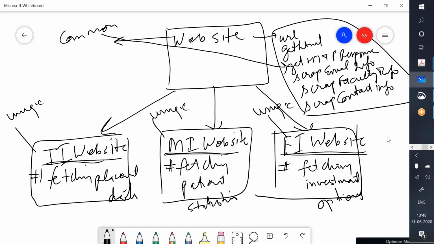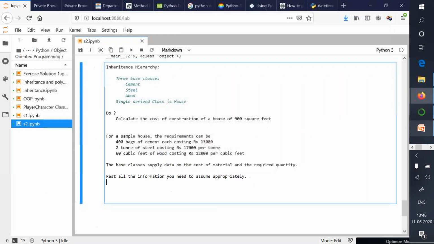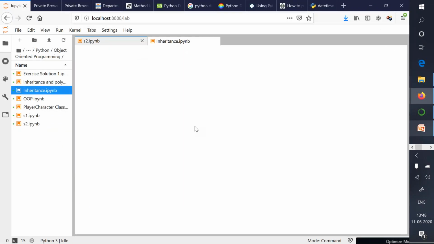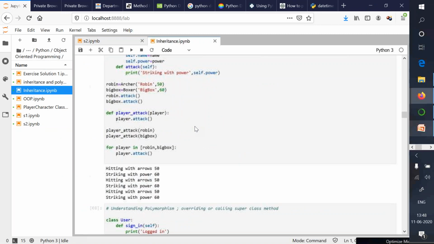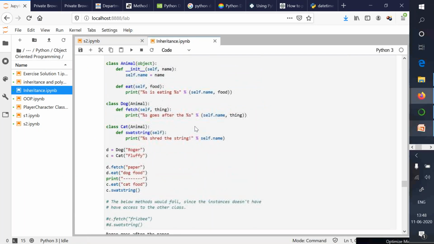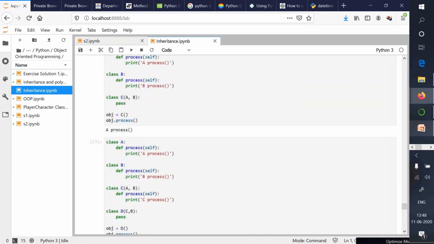So hope you have noted down this problem. And let me give you a brief of the skeleton also.